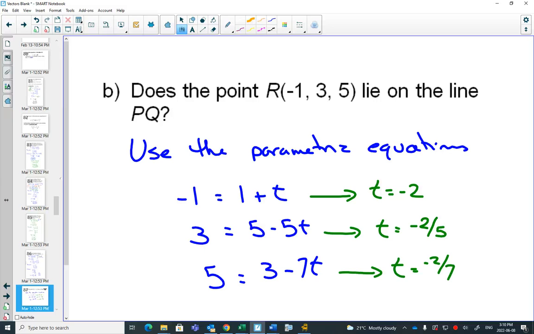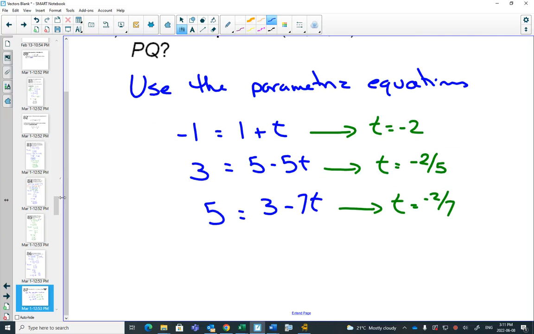In order for the point negative 1, 3, and 5 to be on the line, all of those t values would have to be the same. Because you need to be able to go a certain multiple of your direction vector and be able to stop there. And since the multiple t is different to get to each of those points, this point is not. So I can write, since the t values are different,